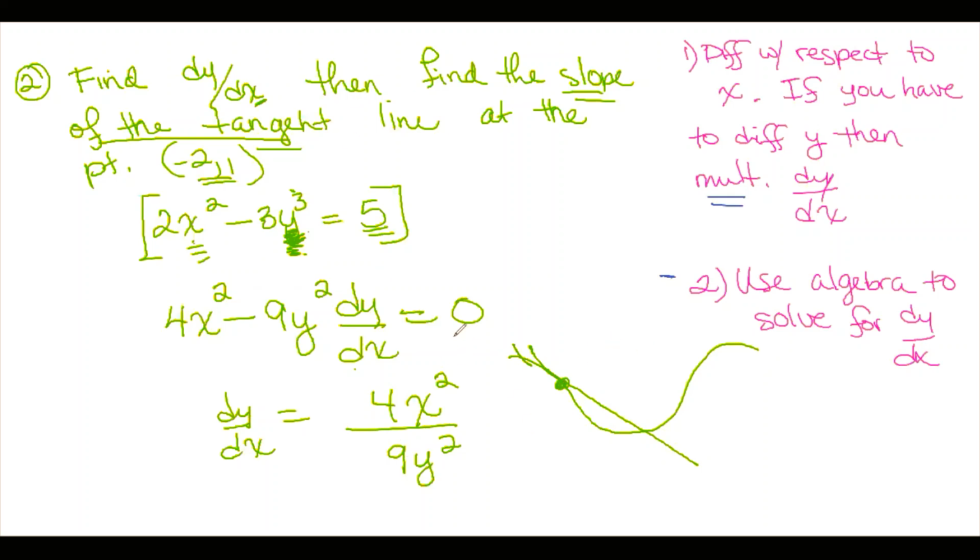So what I'm going to do is I need to find the slope. What is the slope there of this tangent line as it hits that coordinate point? So that's going to mean I plug them in, because this is x, so that's going to be 4 times negative 2 squared all over 9 times 1 squared. That's 4 times 4. So your slope at that point,